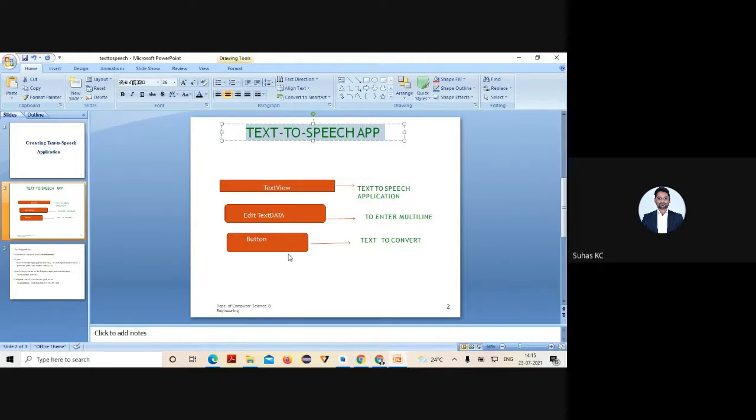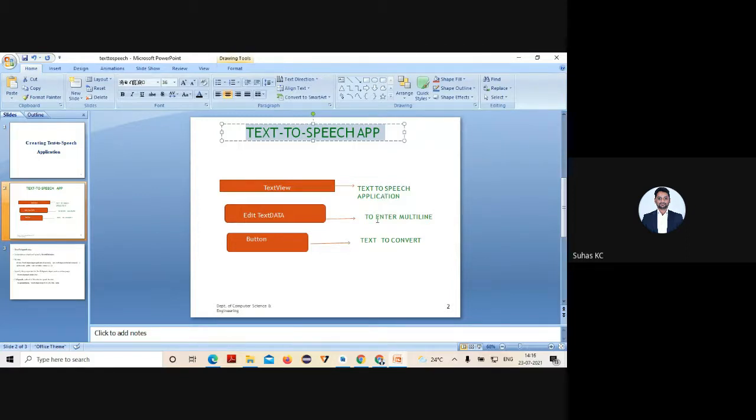So as per the program, you need to create an application for converting the text you enter to speech. As per this question, I'm going to take three components. One is a text view, just to display that the program is a text to speech application.